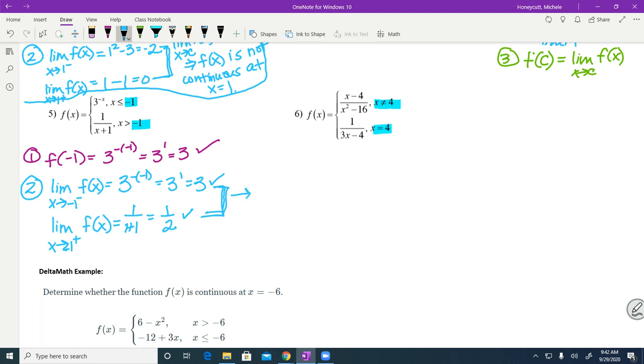So that tells me that the limit as x approaches -1 of f of x, that writing looks weird, the limit as x approaches -1 of f of x does not exist. Does not exist, or DNE. And since the limit does not exist, that's going to imply that f of x is not continuous